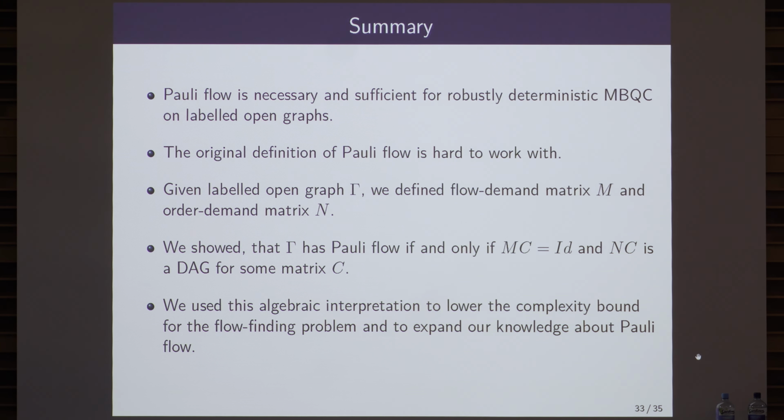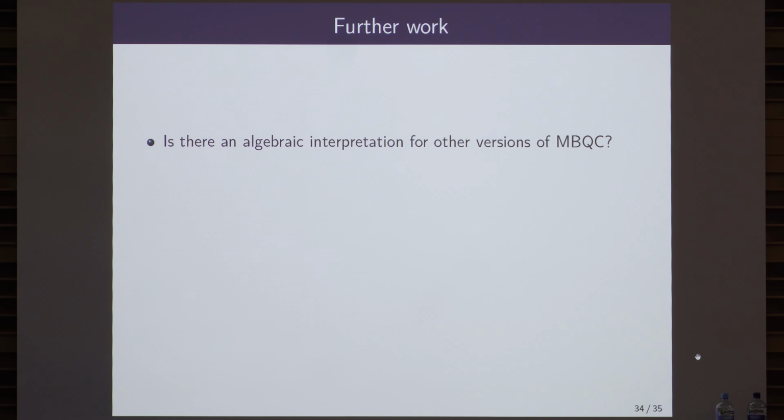And then I showed how we can use it to find flow in a more efficient way. I only explained one case where we have an equal number of inputs and outputs. We were able to do it if we don't have that restriction. We just then have a problem that there are a lot of right inverses, but maybe that's not the most interesting thing to cover. But we were able to use this algebraic interpretation in many different ways to expand our knowledge about polyflow as a notion for determinism. And some further